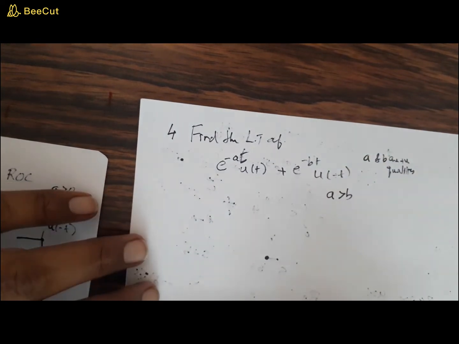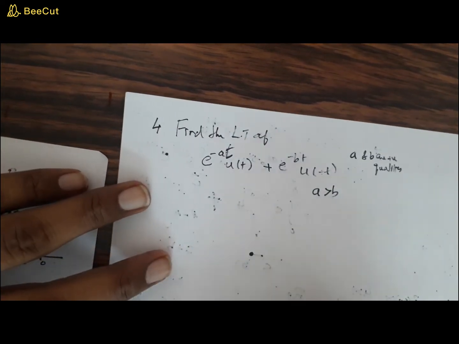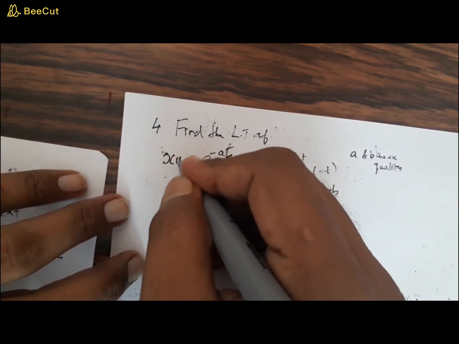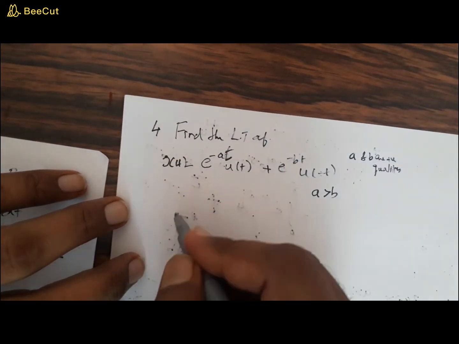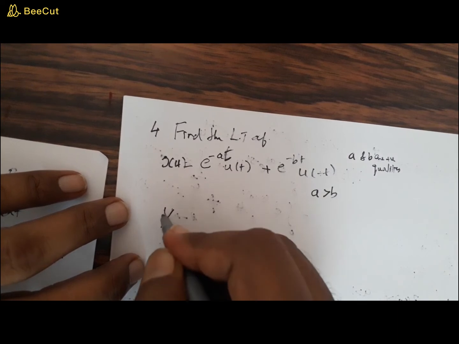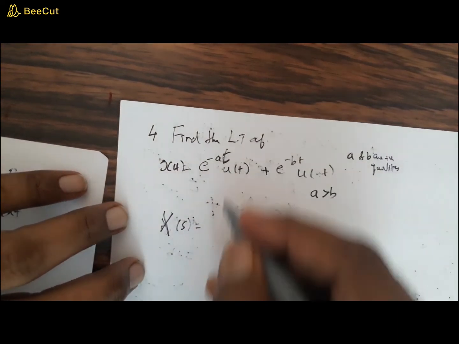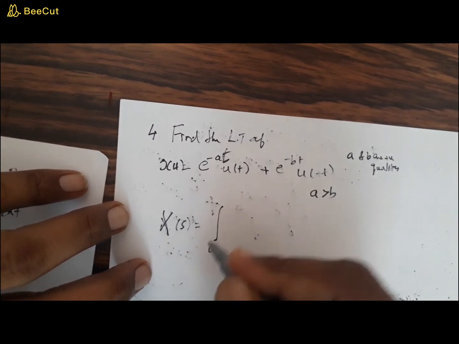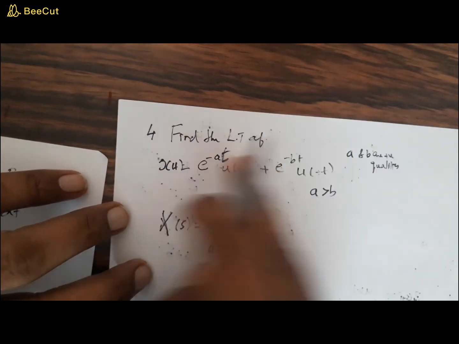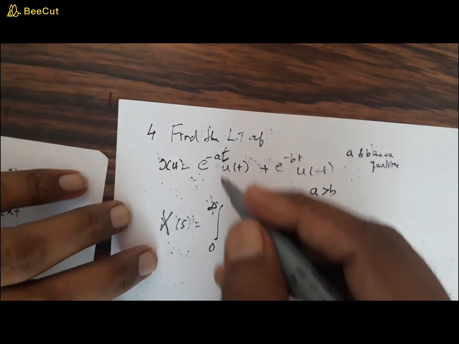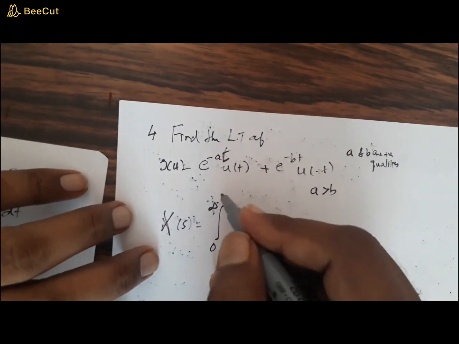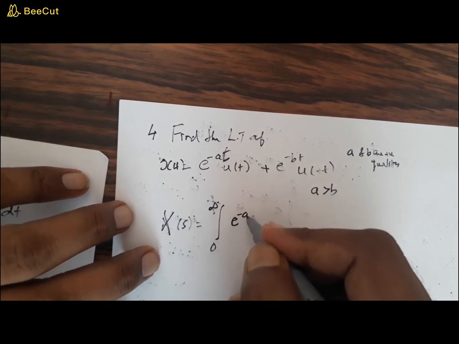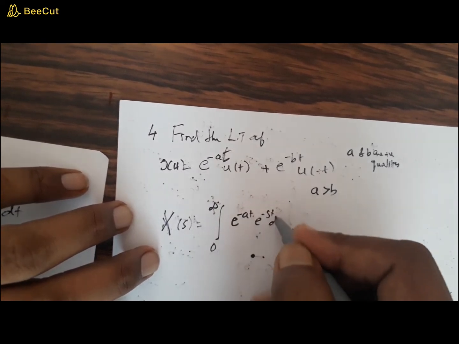Okay. Now, how to approach this problem? It is just as we have done earlier. So you have x of t, and then you find x of s. X of s is equal to, I'm straight away doing this, the integral from 0 to infinity. You can apply the linearity property, so I'm not going to do it individually. Combining this, 0 to infinity, e raised to minus at into e raised to minus st dt,